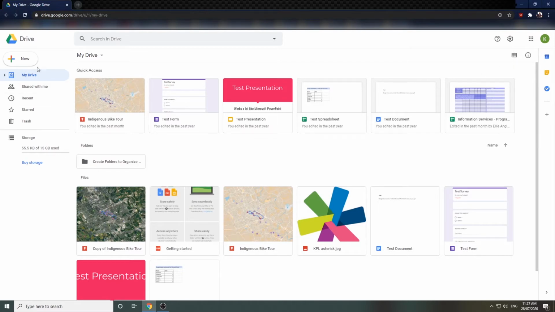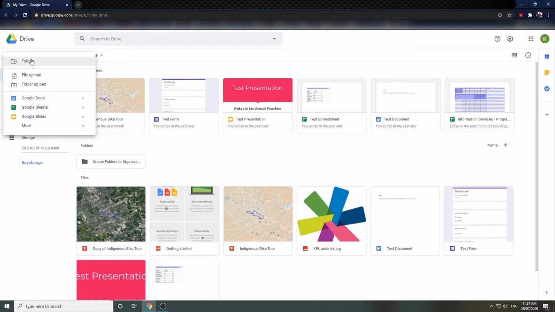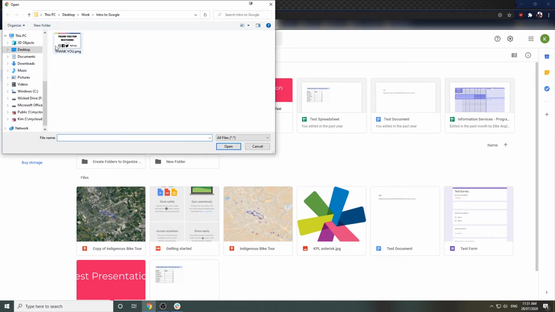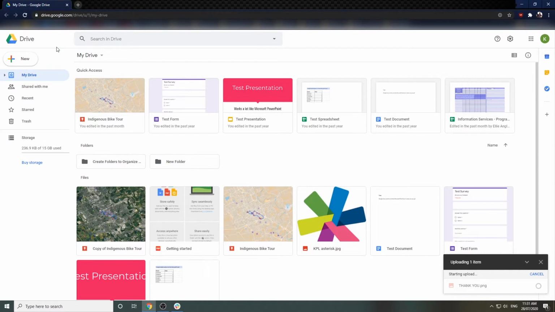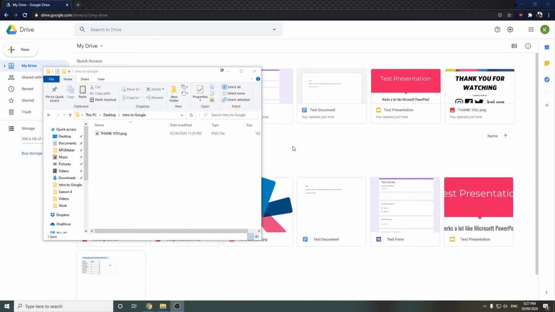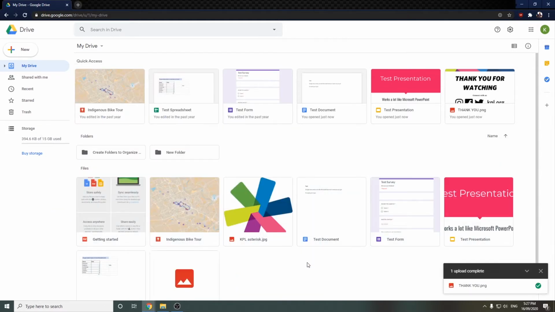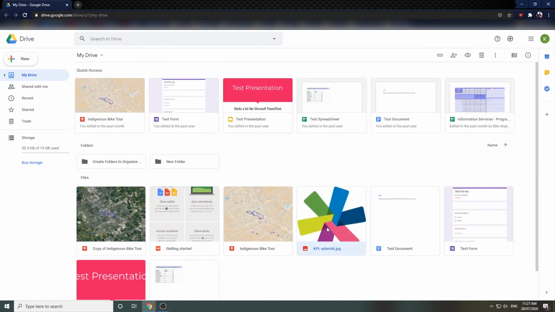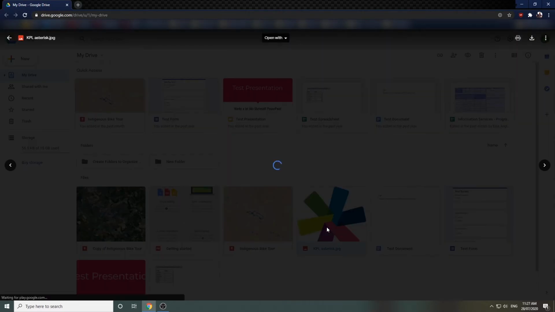To create a new file or a new folder, click the New button on the left menu. If you don't see the type of file you want to create, click More to see more options. Under New is also where we can import files and folders. Alternatively, you can upload files such as pictures, PDFs, and Microsoft Office documents into your open Google Drive window by dragging and dropping them. To open a file, double-click on the name or the picture of the file you'd like to open.